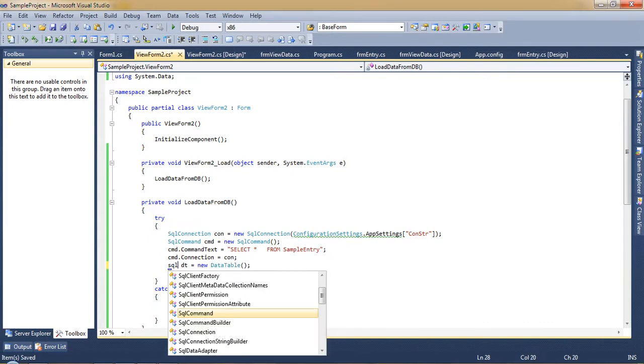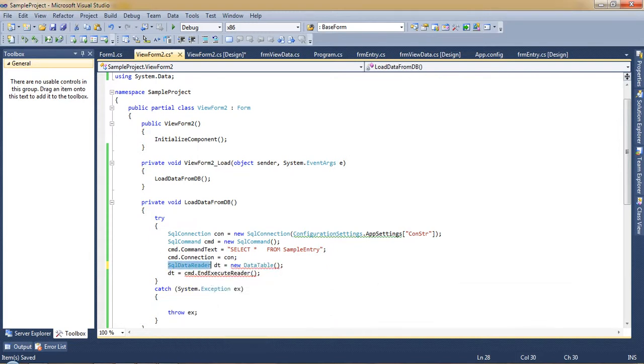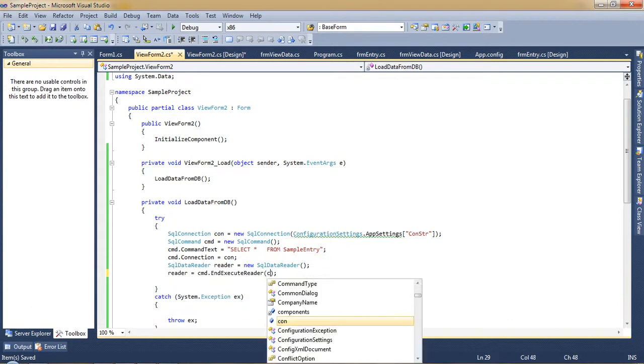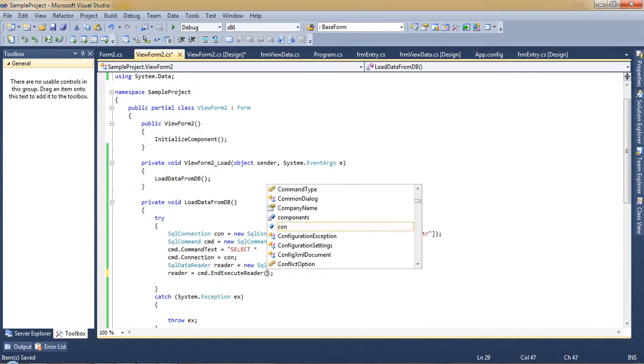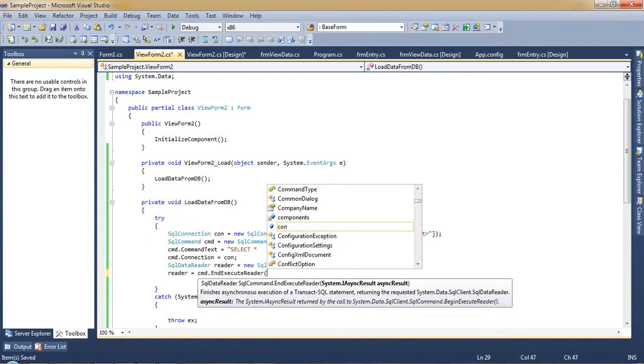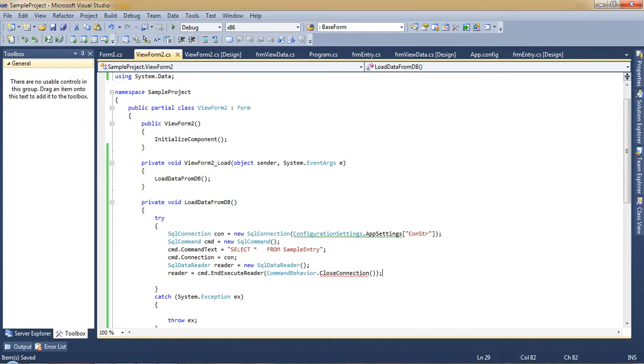For that we need an SQL data reader, and then command behavior dot close connection. Close connection means it will fetch the record and close the connection automatically. So this we need to pass.